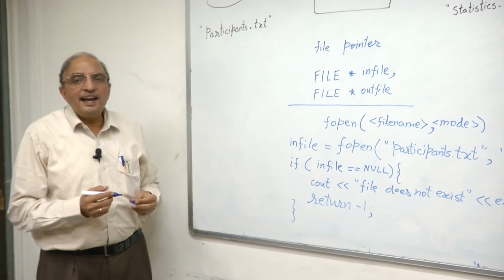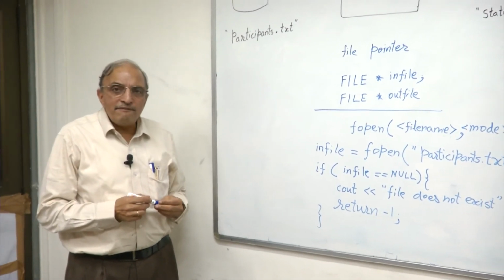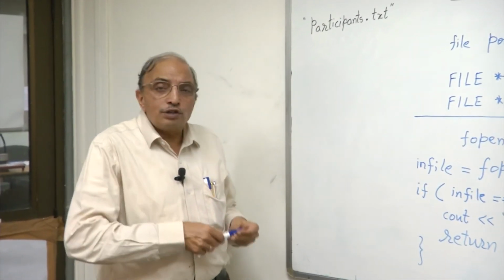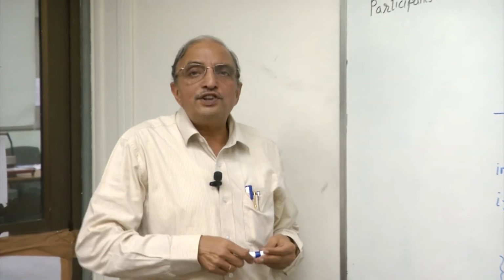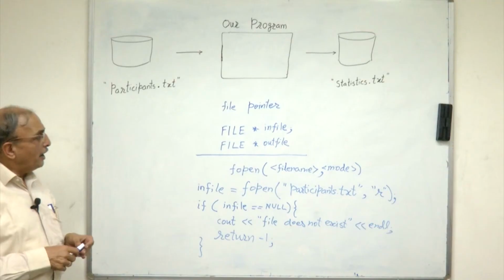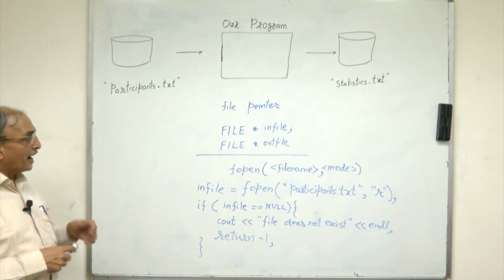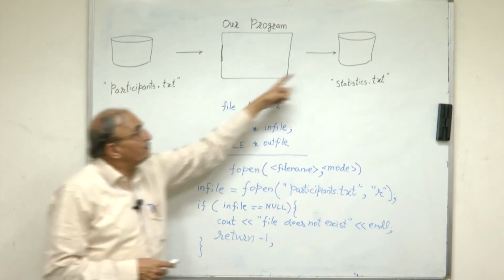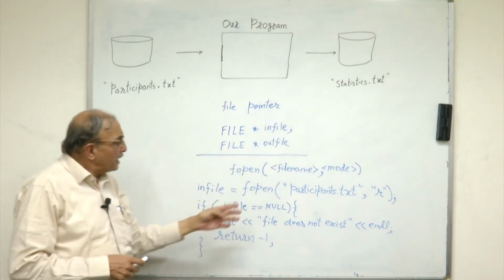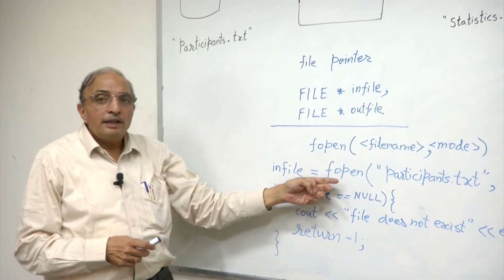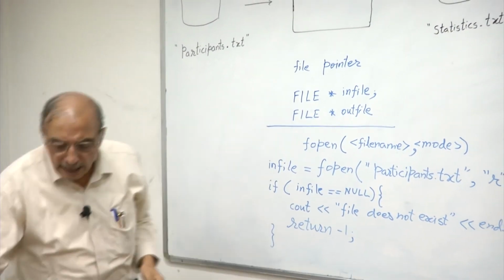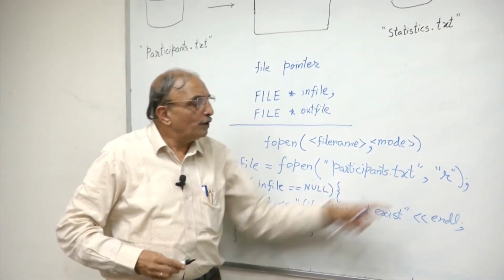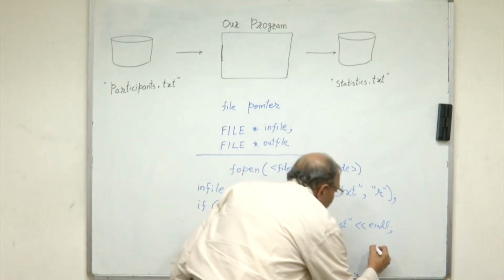You can easily guess that in exactly the same fashion an fclose could be handled when you close the file, that is when you have finished reading or writing from that file. If you want to open a file for writing, such as out file, in which you want to write something out here, you will use exactly similar fopen statement. The only difference will be that in that case you will not use R as the mode, but you will use W as the mode.